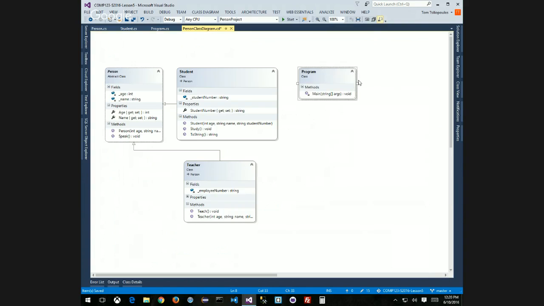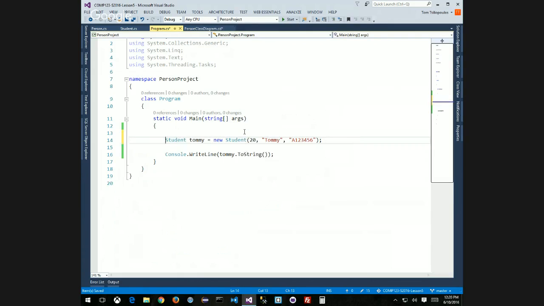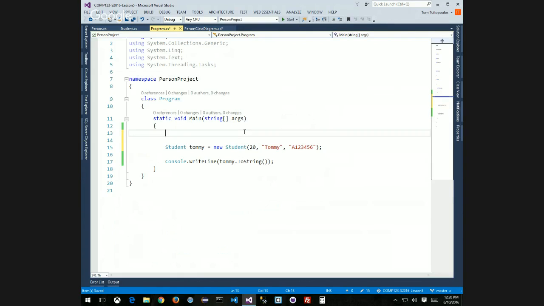In my program driver class, if I try and say something like person, new person is equal to a new person, I'm going to get an error now, even if I pass in the proper parameters. If I pass in age, which is like 25, and name, which is like Tom, still going to get an